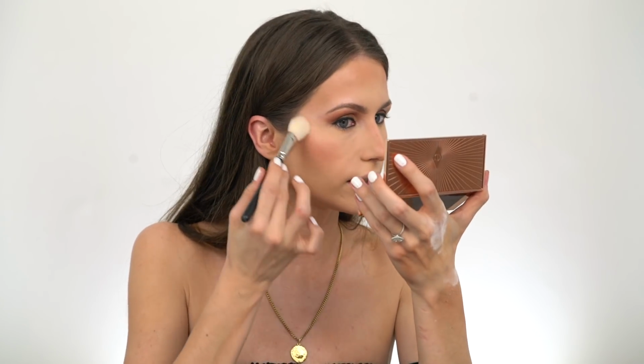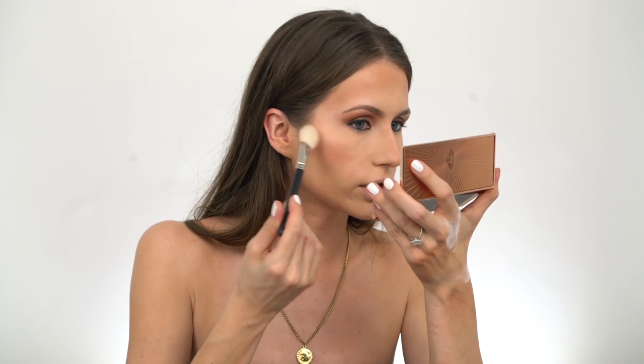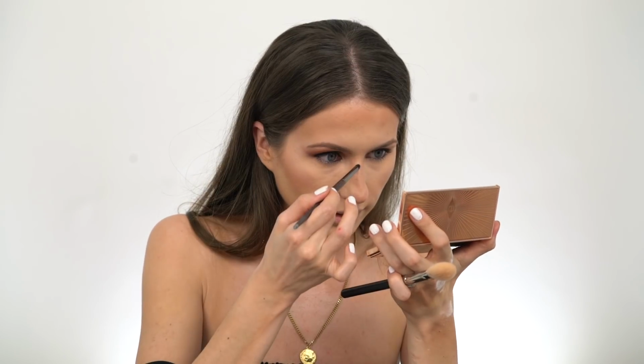For the blush, he used Milani Baked Blush in color Luminoso. I'm sure a lot of you have it. It has a nice peach color, so it really looks so beautiful on the face. For the highlight, Mario again used KW Beauty Powder Highlight. Since I don't have it, I'm gonna go back to my Charlotte Tilbury palette and use this highlight right here. If you want more intensity, you can always wet your brush and it's gonna give you more intensity. Run it a little bit through the bridge of your nose. Alright,